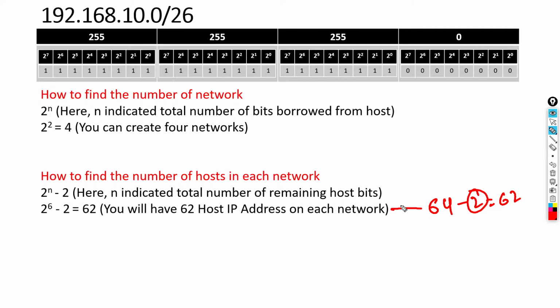Clear? So this one network can be divided into 4 parts, and on each part you will get how many IP addresses? 64, 64, 64 and 64. Correct? As we know, on each network we have a total of 64 IP addresses. Clear? Next step is,